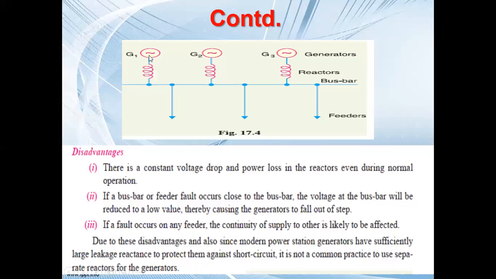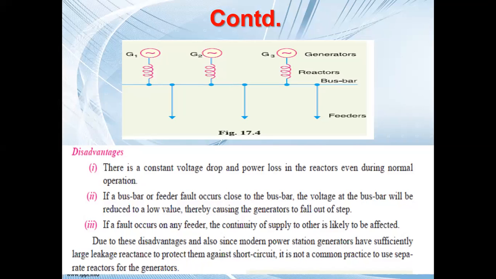So we know that when the generator is connected with the grid, it is synchronized. Basically, these generators are synchronized with the grid. So there are three conditions that have to be maintained. One is the voltage, another is the phase sequence, and the third one is what? You tell me. What is the third condition for synchronism?